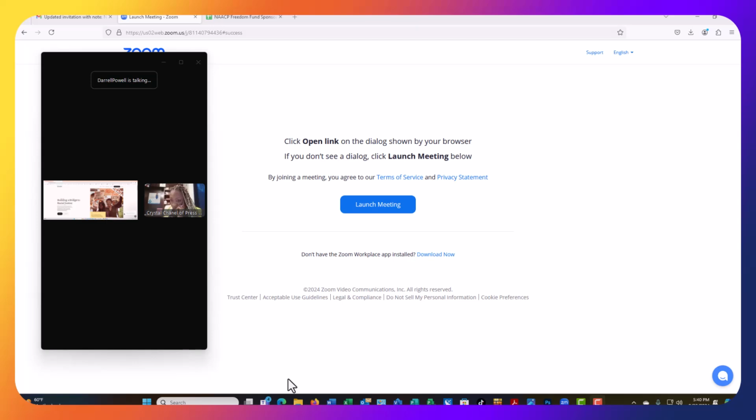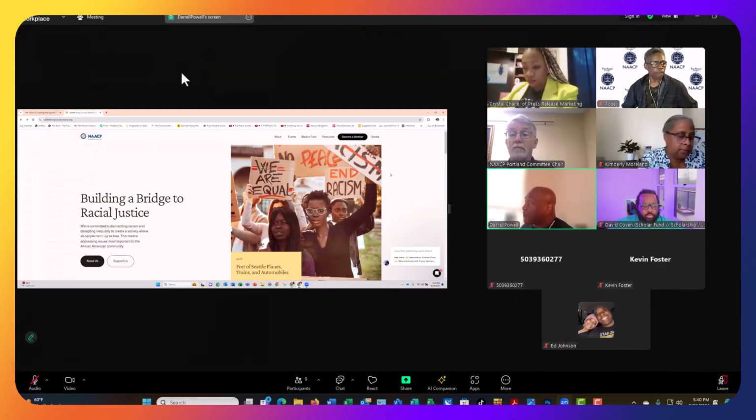Or leverage their dollars. So in going with Scholar Fund, we set up this donate button. The money goes to an account, but now Scholar Fund allows us to use their 501c3, Scholar Fund sponsoring NAACP Seattle King County. So now when organizations go back to their company and go into their big donor management system, most of them use a tool called Benevity. That's the big tool that the big tech companies use.